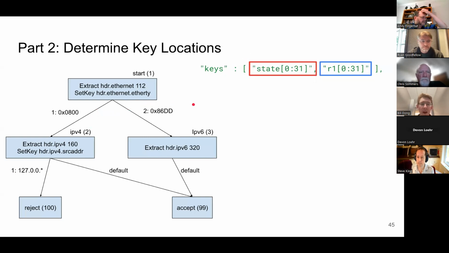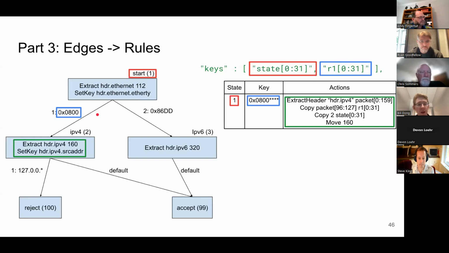The way we translate a particular edge essentially has three parts. First, the rule will match on the source node of the edge. So we're saying if we were previously at state 1, we're matching this edge. Then we will match on the edge's annotation. Notice that we have chosen to store the key value for this edge in our second key slot, R1. And since the R1 slot is 32 bits wide, but our pattern is only